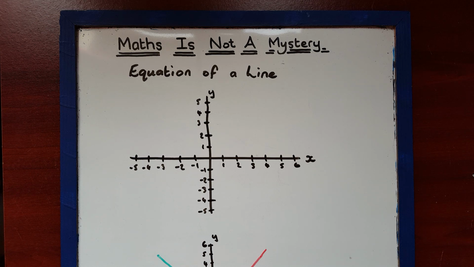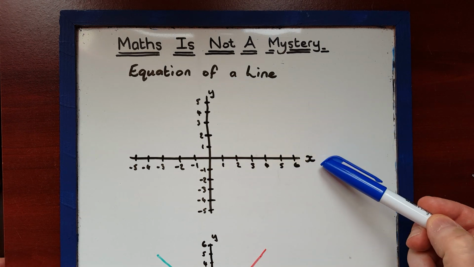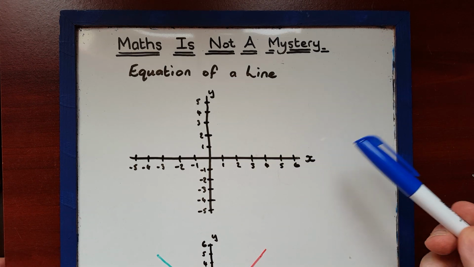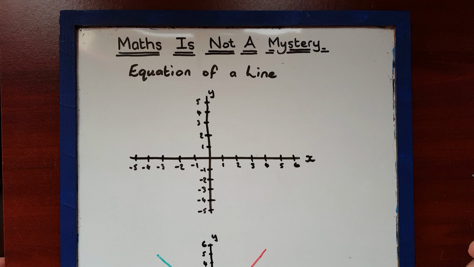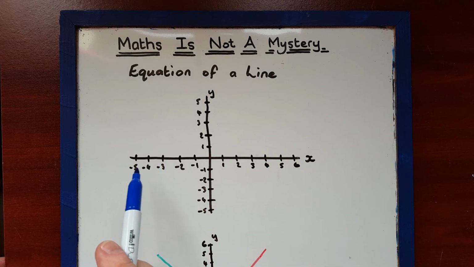And we're going to start with the absolute easiest ones. Now, every time we give a name to a line, we're going to be using a reference to either the y-axis or to the x-axis or to both. So we're going to be talking about where the line meets the y-axis. We're going to be talking about where the line meets the x-axis. And we're going to start with the simplest of lines, and the simplest names to the lines are straightforward vertical